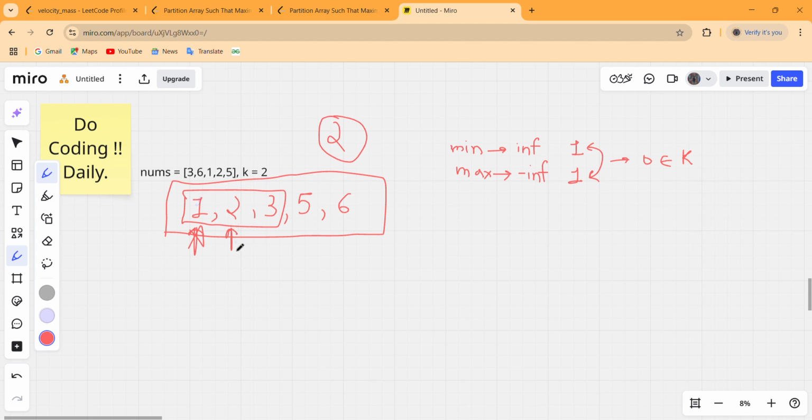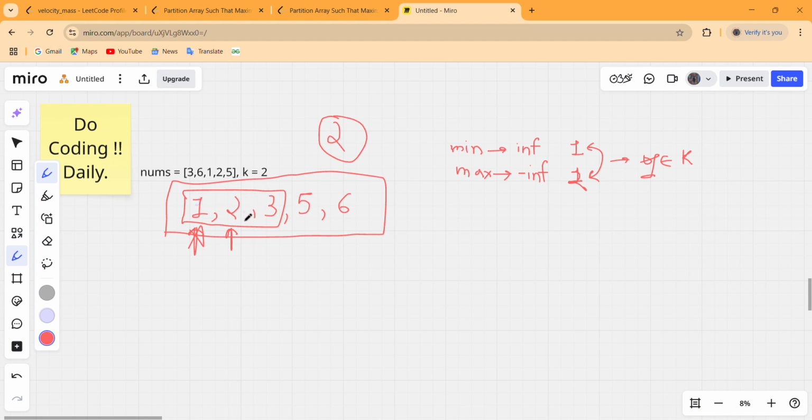So what will be the minimum value till this index? That will be 1, and the maximum value till this index is now 2. And if we take the difference between this maximum and minimum, that is 1. Now 1 belongs to this k because this is less than or equal to k.